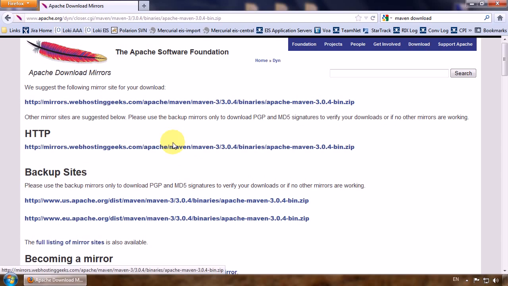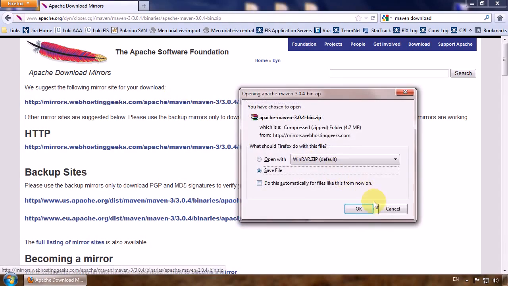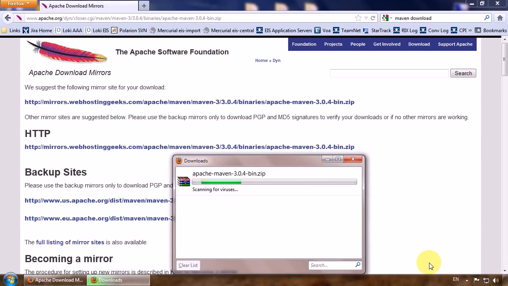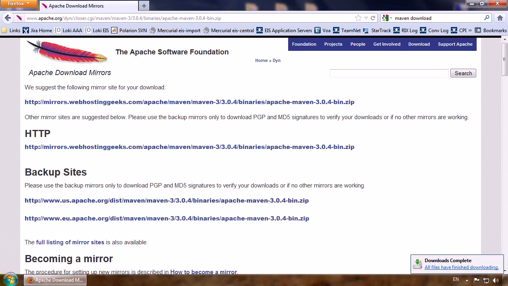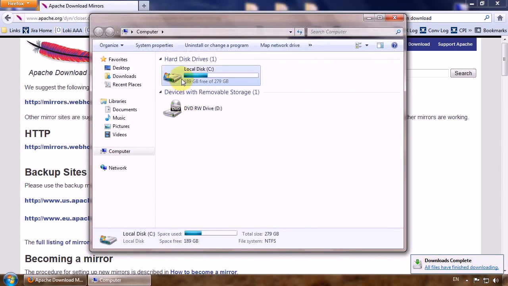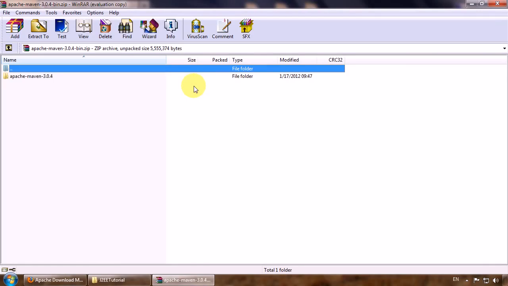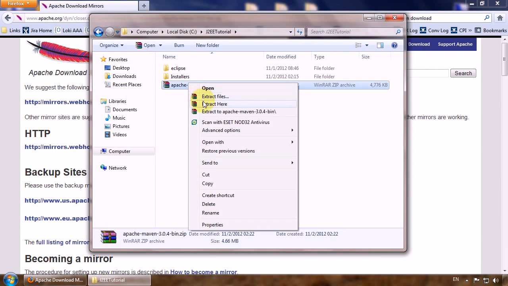Click the link, pick the mirror, let's go to the folder, just simple extraction,